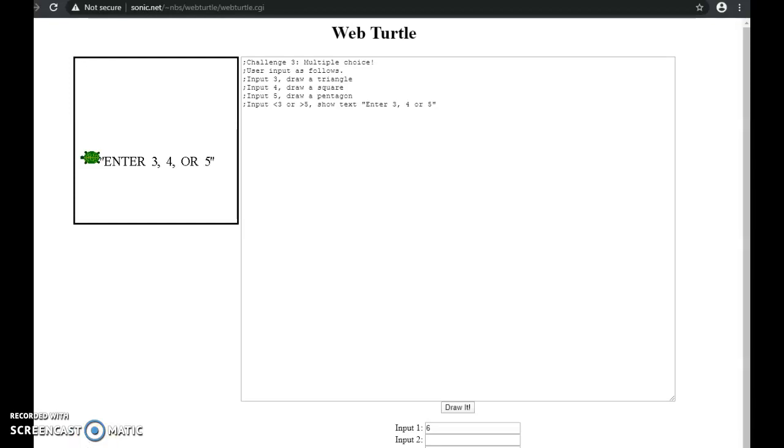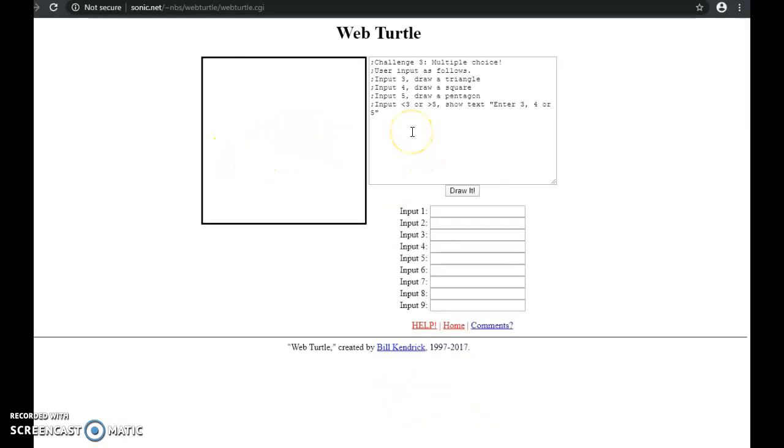we have to create a program that reacts to different inputs. When putting in an input of 3, it's supposed to draw a triangle. When it's input 4, it's supposed to draw a square. Input 5, it'll draw a pentagon. If you input either less than 3 or greater than 5, it will show the text, enter 3, 4, or 5. Okay, so to start with,